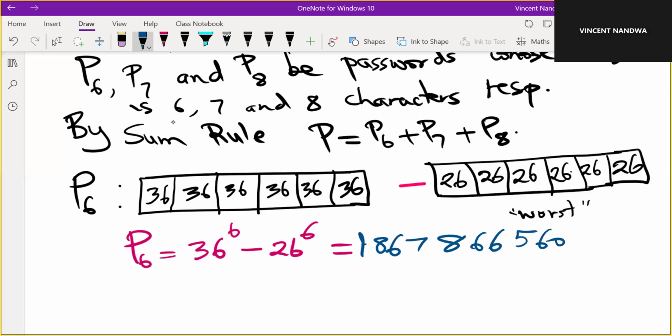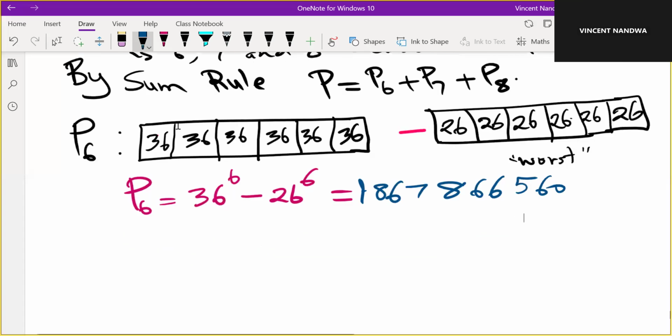Correct. So that is the P6, okay? And then P7 has the same interpretation. Passwords having 7 characters, you take the total, then you subtract the ones that cannot actually be possibilities, okay? So P7,